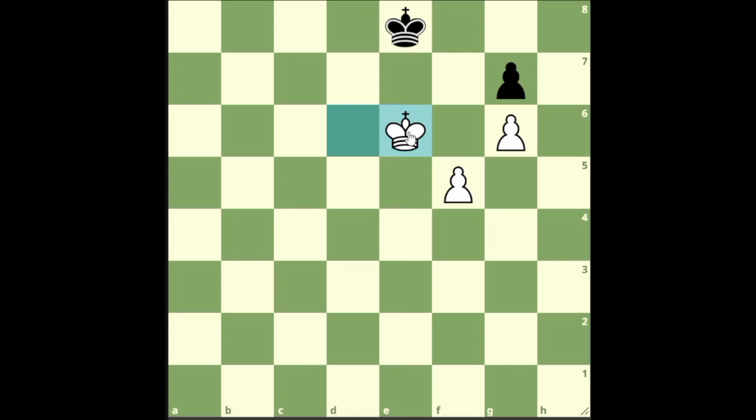Black king has to give up opposition. King f8. Now king d7. Black king cannot achieve opposition, so white king takes advantage of that. So king g8. Now king e7. King to move h8. Now